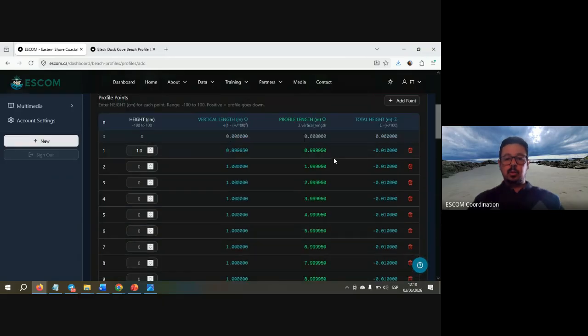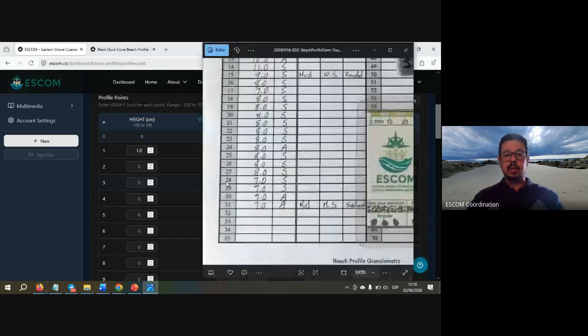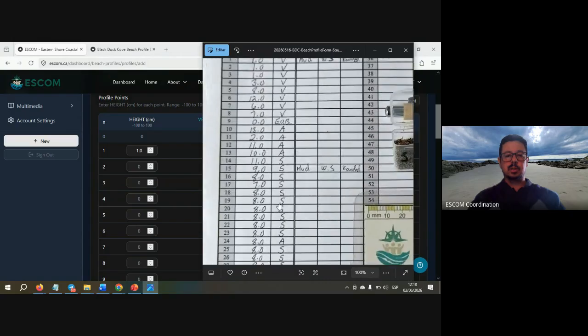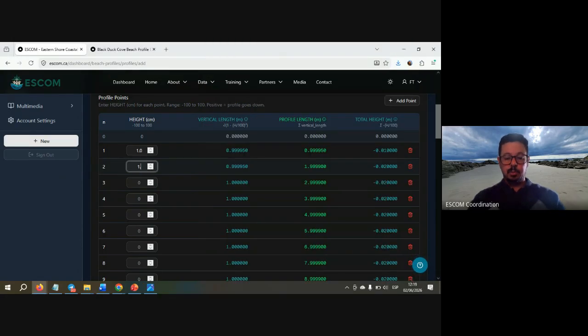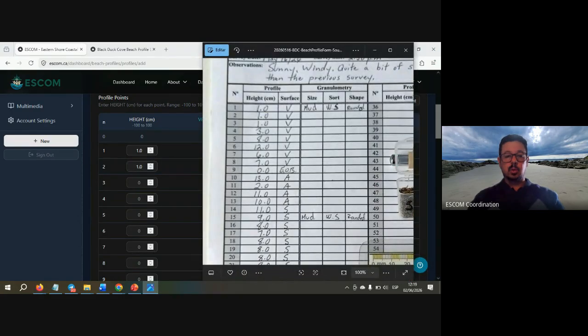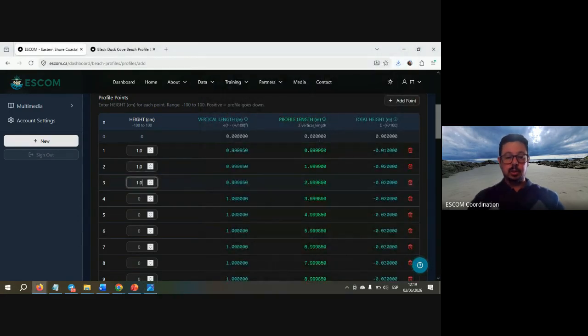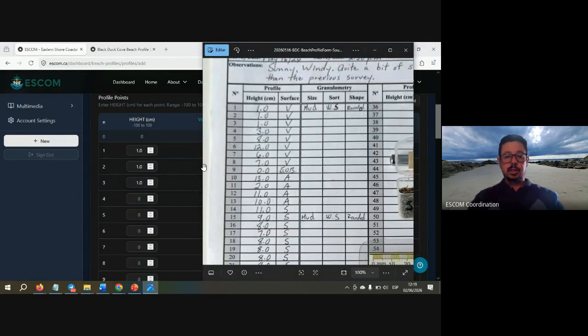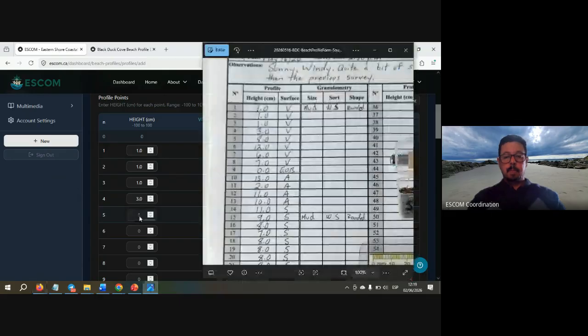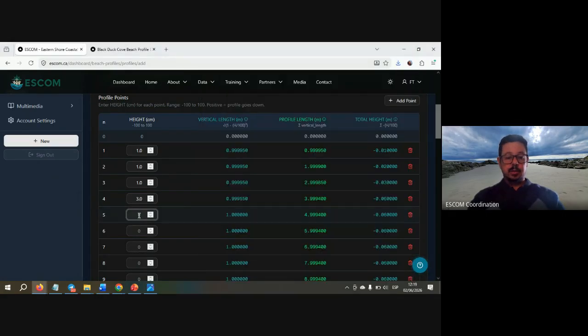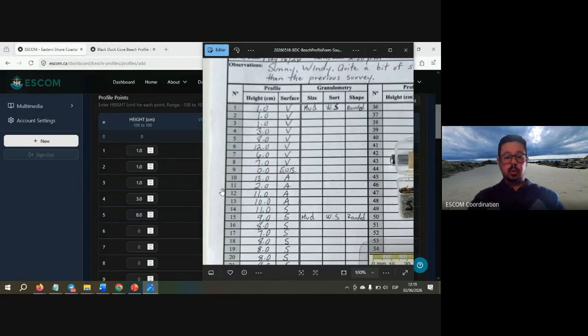Next will be just to add the values. It will be easier if you have the form printed, but I will show you by changing the screen so that you can see how I'm doing. So the second is 1, so here will be 1.0. Next one is 1 also, so number 3 is 1.0. Number 4 is 3, so 3.0. The next one is 8, number 5 is 8. Number 6 is 12,